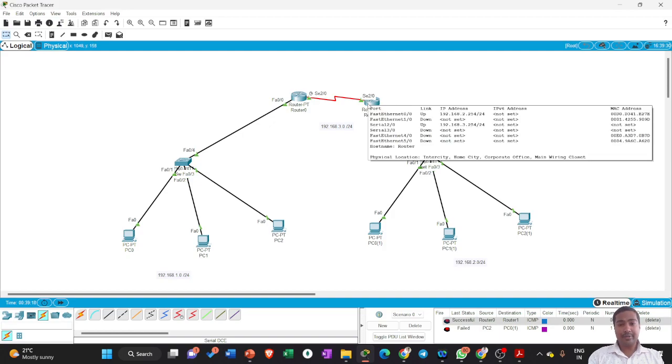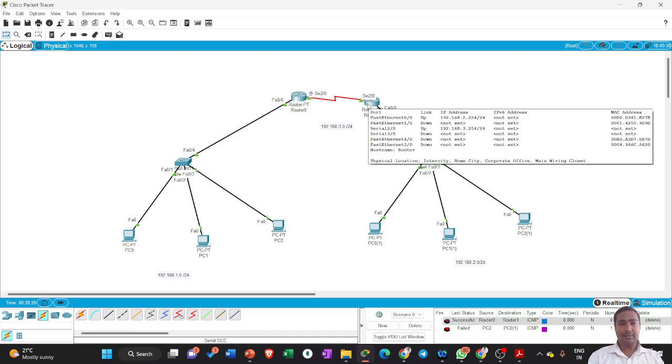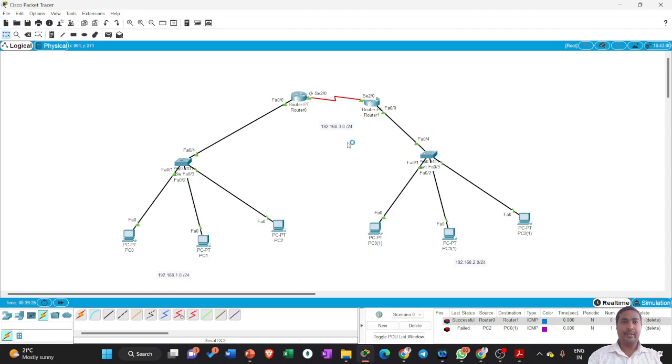So if I'm going to tell all those things in a systematic way, that's going to be your static routing. It is good for a very small network such as this. But the drawback is, once I delete or add something, I have to update this particular router. If I'm going to add another network, I have to update all the routers over here,